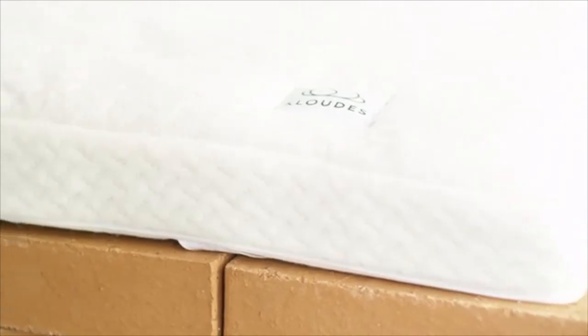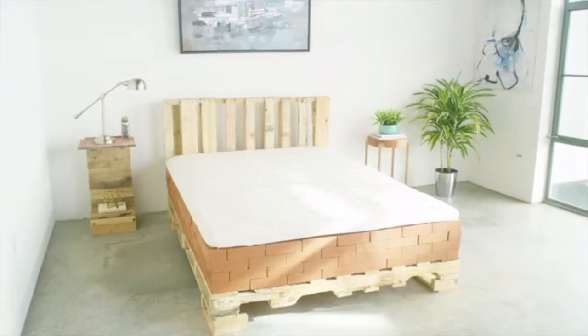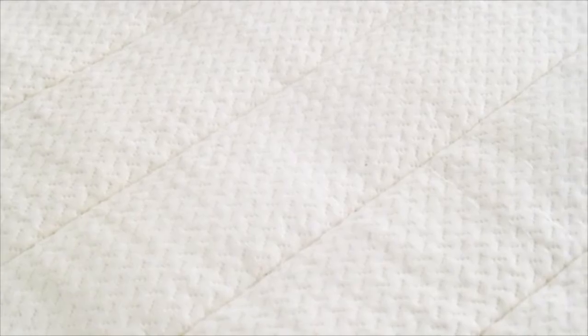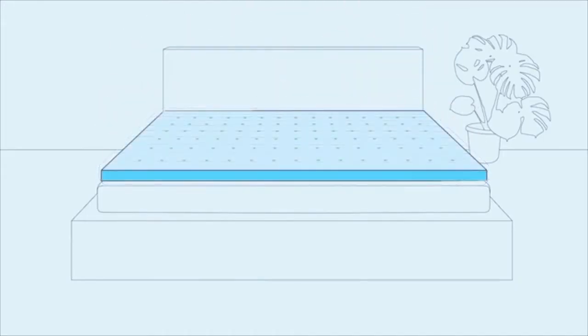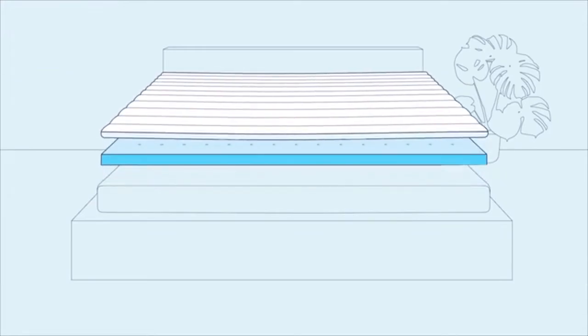Meet Kloudes, a company dedicated to disrupting the mattress industry by introducing a way to keep the mattress you already own while maximizing your comfort and ensuring a perfect night's rest. The Kloudes bottom layer consists of 2 inches of advanced air foam, and unlike any other type of memory foam, it is perforated and infused with cooling gel fibers, while the upper layer features 1 inch of material developed with